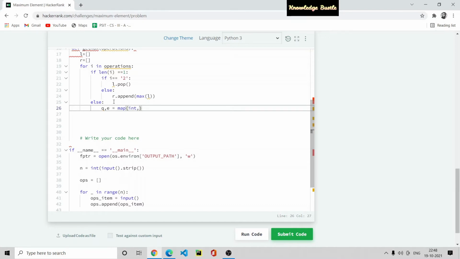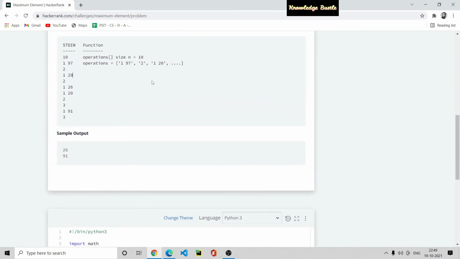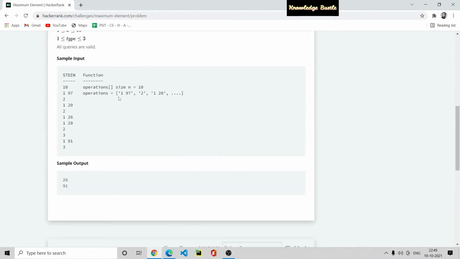Map is a special function that converts the input using the first argument of this function. Then we write i.split(), which splits the string like '1 97'. The split function takes space by default. If we give '1 97', it splits into 1 and 97.